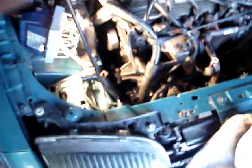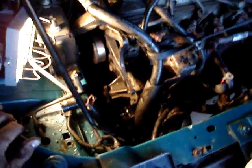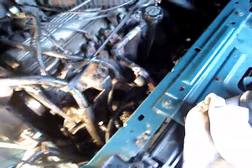$500 better than a damn head gasket for something that's this old. I'm really hoping that this is what it is. And it makes sense, if you're going to go through all the work of pulling that water pump off, you might as well throw a new one on for $30-40, because she's got a little play in it. By the time you take it off, put it on, get all the air